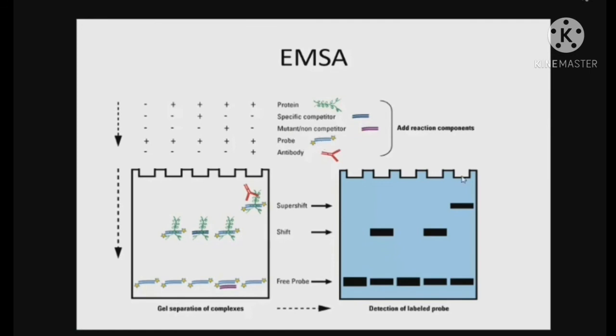You can take the DNA alone, and this is an autoradiograph, since this is labeled. But if you have a sufficient amount of protein and DNA, then you can simply run it through a gel, stain with ethidium bromide, and you can see the upward movement. This is known as shifting. This is super shifting, because the antibody binds with the protein and that protein binds your DNA, so it becomes heavier. So there is a super shift. This is known as super shift. Fine. This is an in vitro experiment.